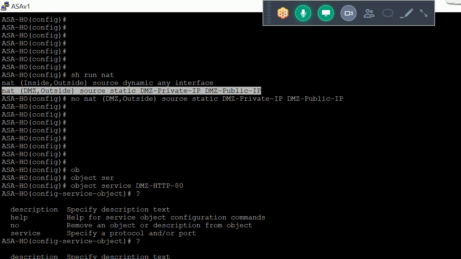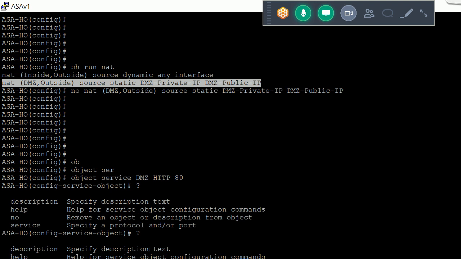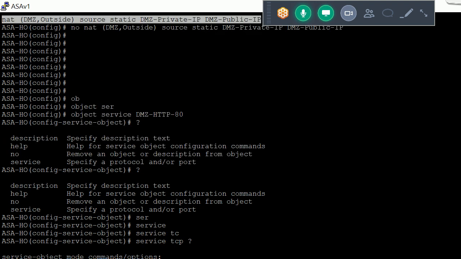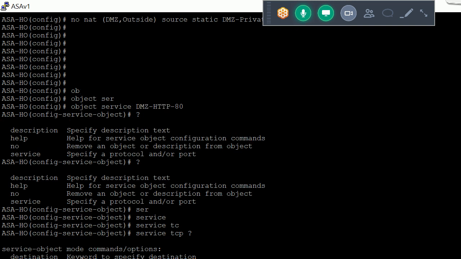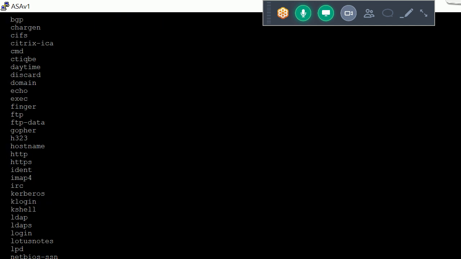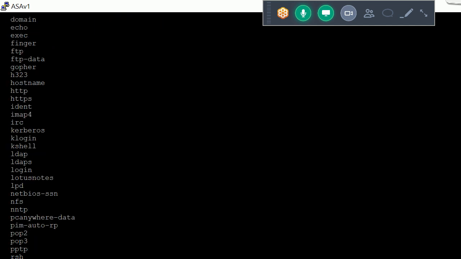Source equals range, we can define the range. Let me define the destination as of now, because we need destination: eq 80.